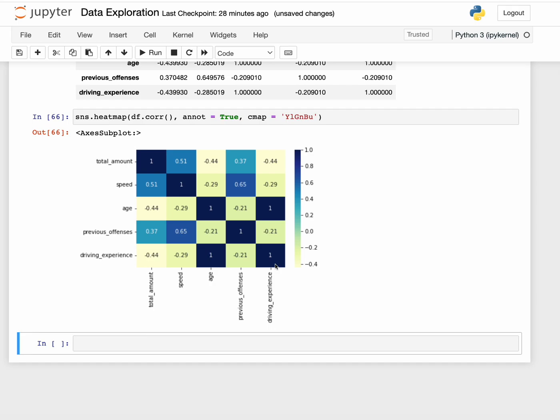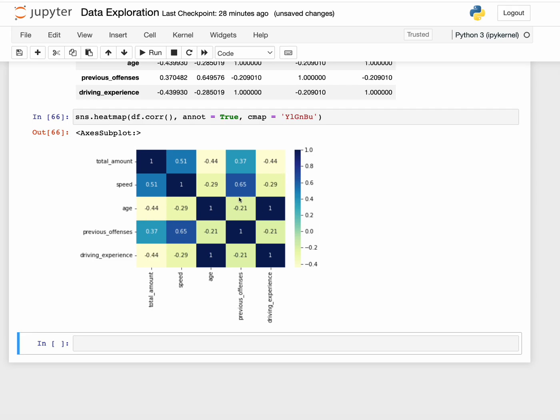So driving experience and driving experience, previous offense with previous offense, same. This gives you an idea in your data science analytics to know which columns you are likely to drop. In my case, if I was working on this data set, I might know which columns I want to drop. Remember, the top part of it is simply the replication of the bottom part,